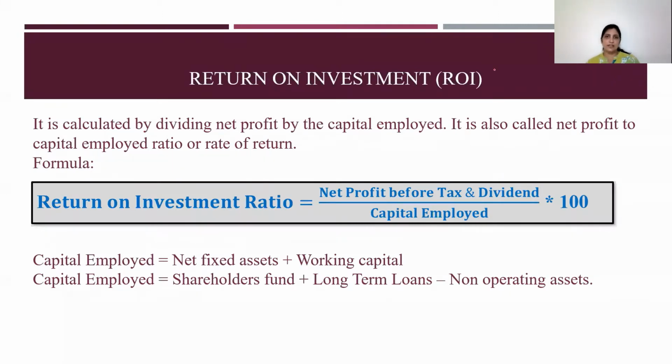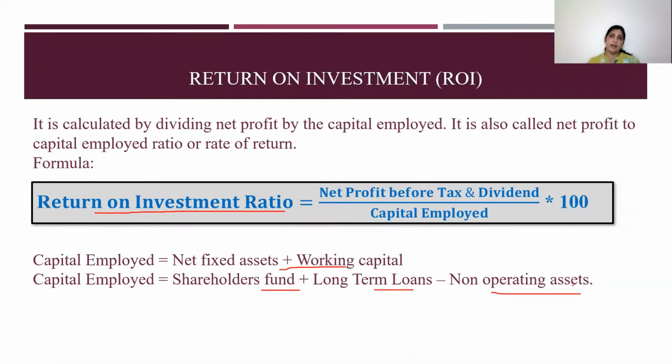So first we'll see return on investment. It is calculated by dividing net profit by the capital employed. It is also called net profit to capital employed ratio or rate of return. Return on investment ratio is equal to net profit before tax and dividend, this is EBIT, divided by capital employed into 100. Capital employed is equal to net fixed assets plus working capital, or it is also shareholders funds plus long-term loans minus